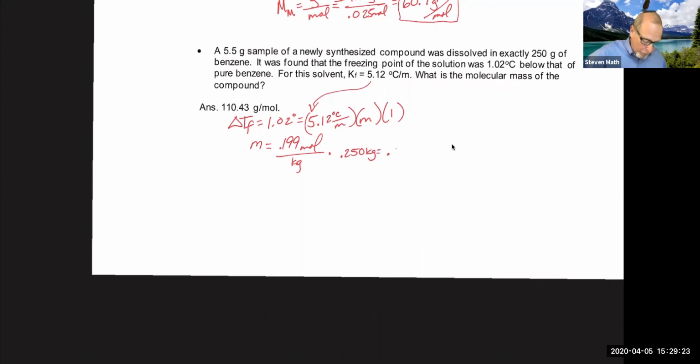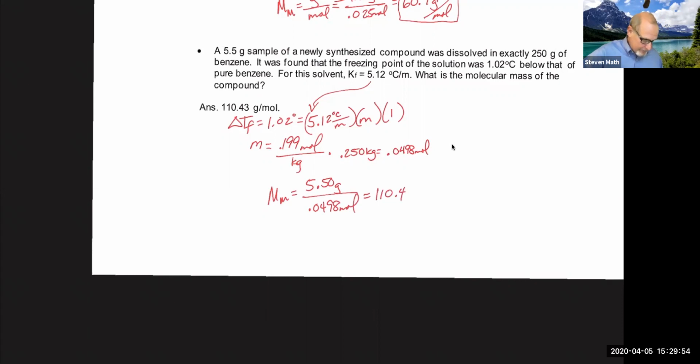So my moles aren't very many, 0.0498. That's the moles. Remember my 5.5? No problem. Molar mass, 5.5 grams over 0.0498 moles, grams per mole. Looky there, I'm going to get a mass of about 110